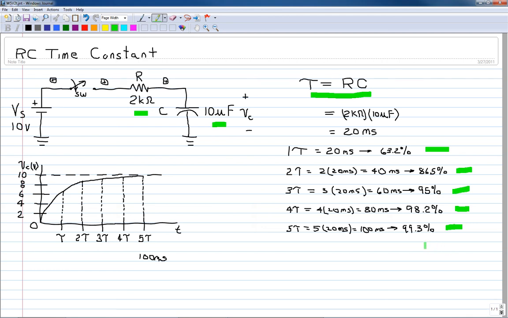Those percentage values will always remain constant. This could be used to calculate the amount of voltage on a capacitor. For example, here, if we wanted to know what the voltage at 2 tau was, then we could say the voltage across C at